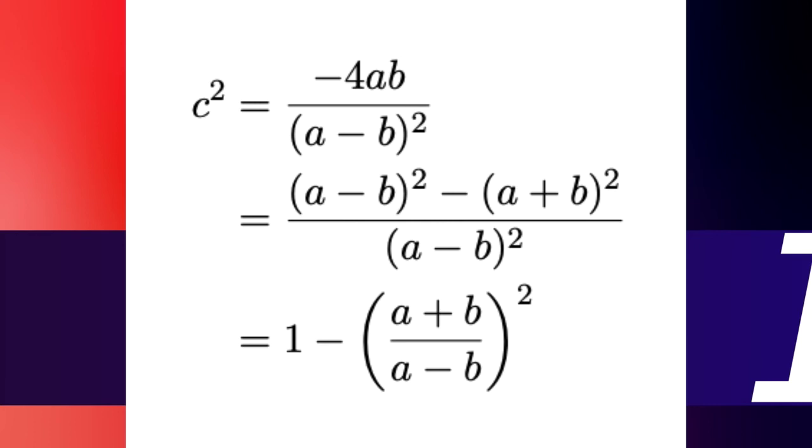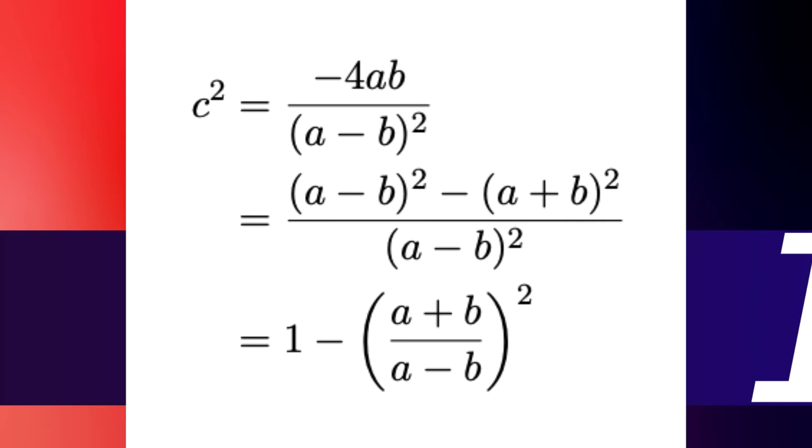It might be that you find having an extra line of working might make it more obvious for you, but we've basically got a difference of 2 squares, and I've written it up there. And so with a little bit of playing around, I don't think that's going to cause you too much trouble to obtain that result. But now again, you must conclude, what have you achieved by this? Well, you can see a couple of things. First of all, I hope you agree that (a plus b) over (a minus b) all squared has to be